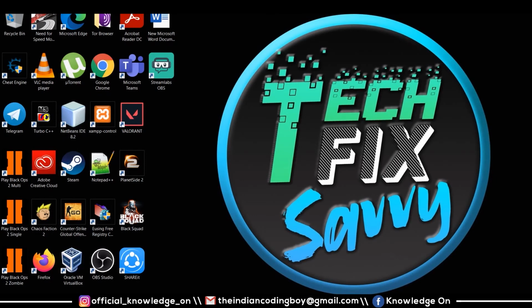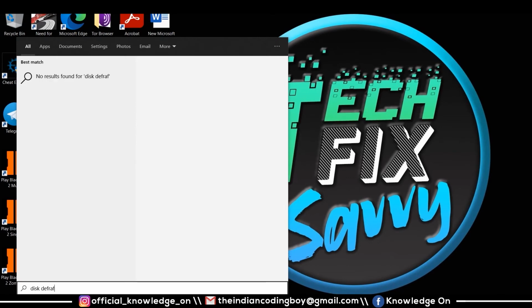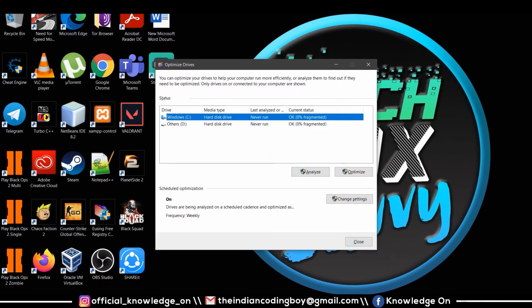So what we will do is, we will simply type disk defrag. Click enter. And now we can see that there are two disks, which means the local disks which I have are C and D. What I should do is first analyze. We should click analyze first and it will analyze the disk for any fragmentation. I can see that there is 1% fragmentation in my disk.